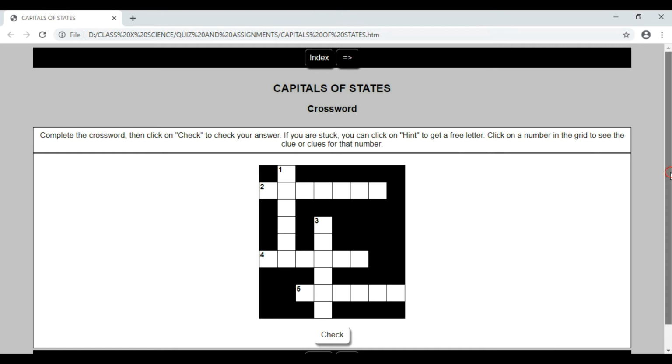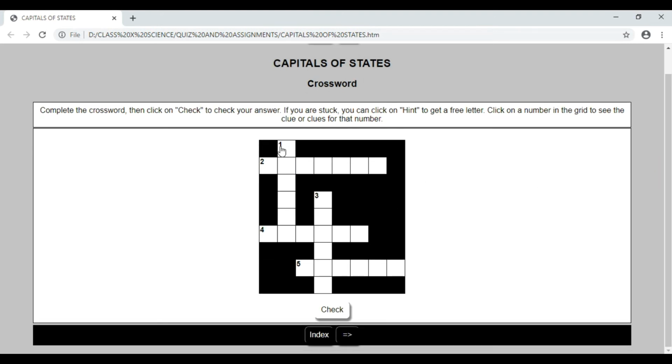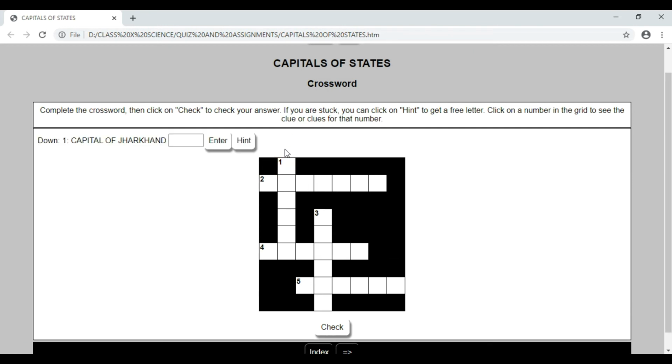Now this is how the layout will be visible to the students, and when the student clicks one, the clue appears, capital of Jharkhand. The student will write the answer and then press enter. Then select 2, capital of Sikkim. Press enter. Then select 3, capital of Manipur.